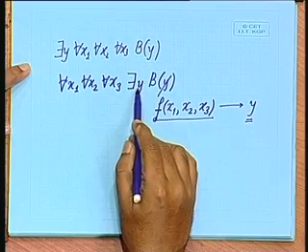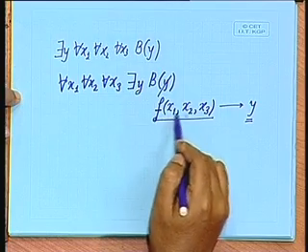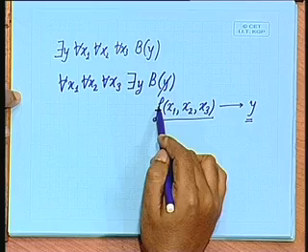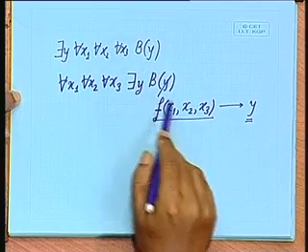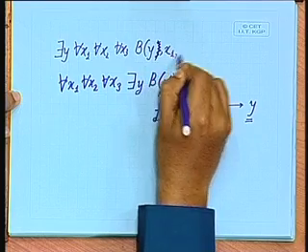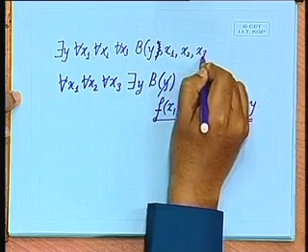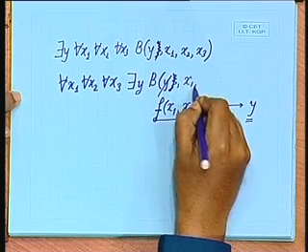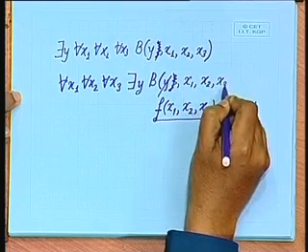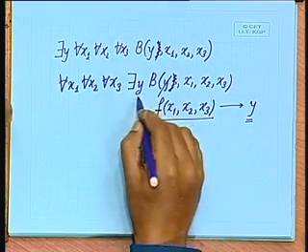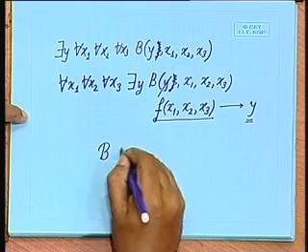Why does it have to be a function of this x1, x2, x3? So, in this case we do not need this, we need this when you have it here also. Then Skolemization of this whole thing is going to give us b of